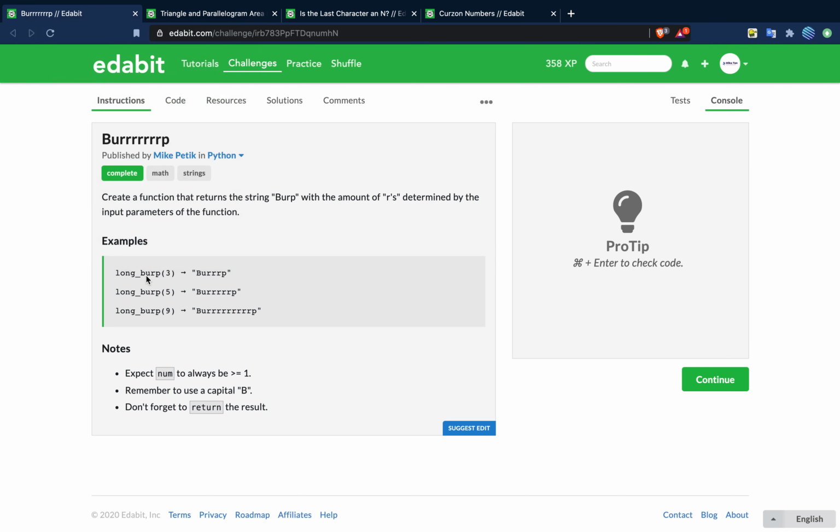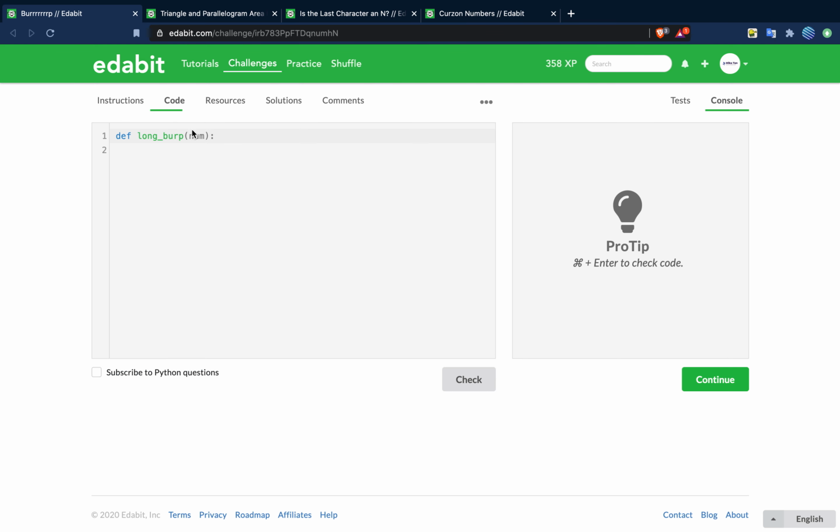Alright, this one. Oh my god. Create a function that returns a string burp with the amount of r's determined by the input parameters of the function. So as you can see here, there are 3 r's. Alright, we can just do that by doing r equals r times number, print r. Alright, no, print number, print num, and then we can concatenate that with